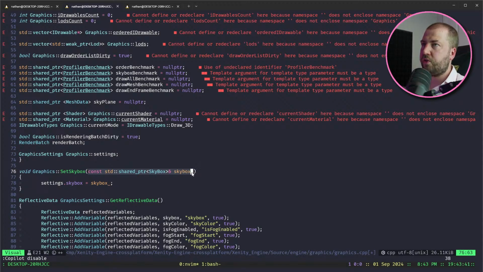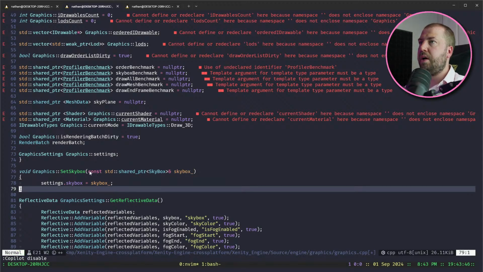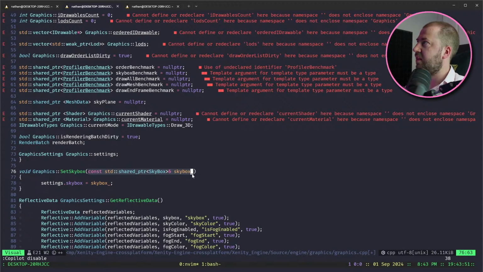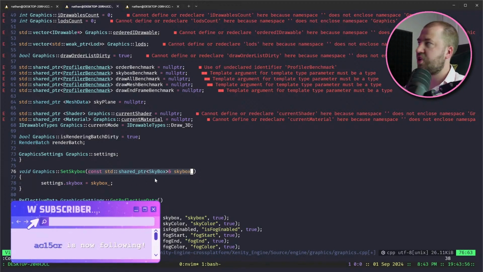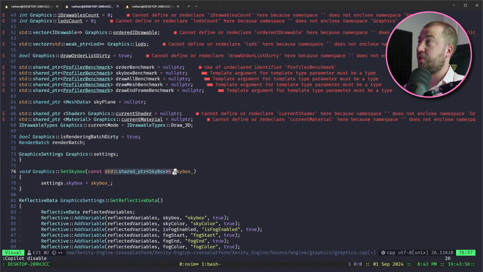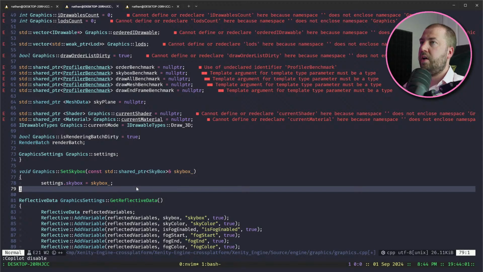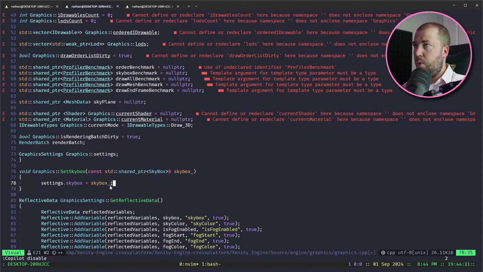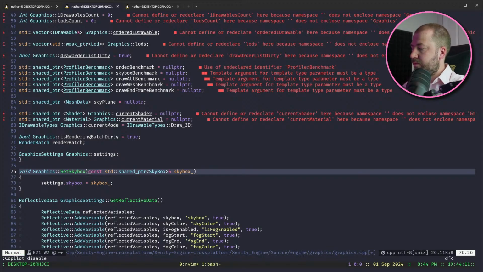By passing a const ref, it's not inherently wrong, but you are kind of not getting the semantic advantages of the shared pointer, if that makes sense, because this will pass a const ref, so you'll get a reference to the shared pointer object, which means it won't increment the ref count. And again, it's not wrong, but what you'll find is that, for me,